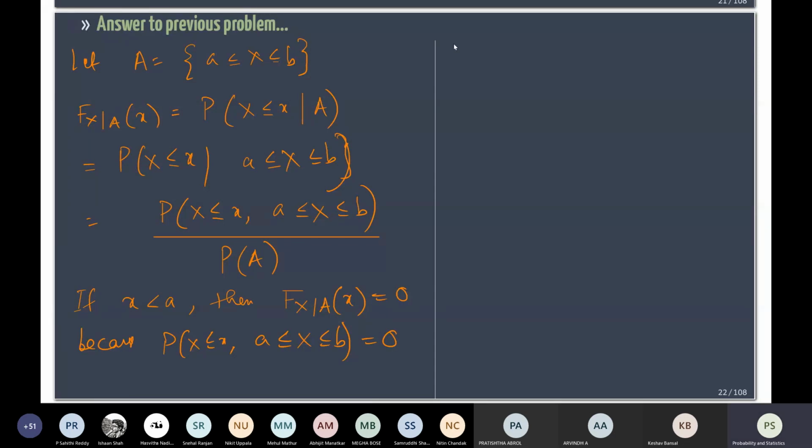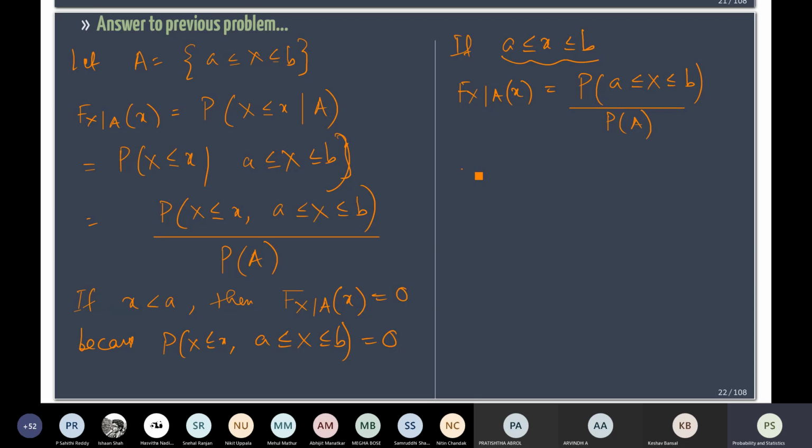Okay, and if A ≤ X ≤ B, then let us see what we have. So f_{X|A}(x), we carry on from here. If X is given to be in this set, then the intersection of these sets will be just X between A and B. So this is the same thing as A ≤ X ≤ B. In the joint we are supposed to take the intersection, and this is divided by the probability of A